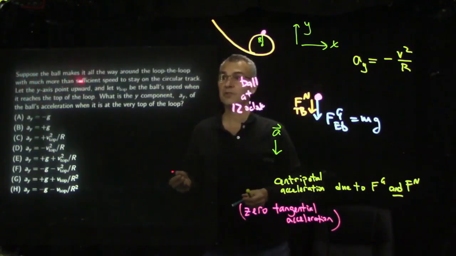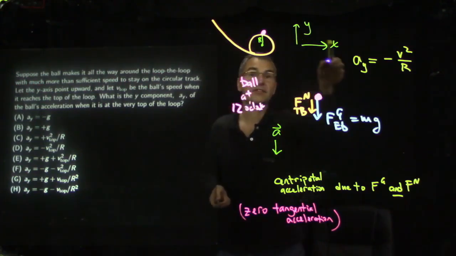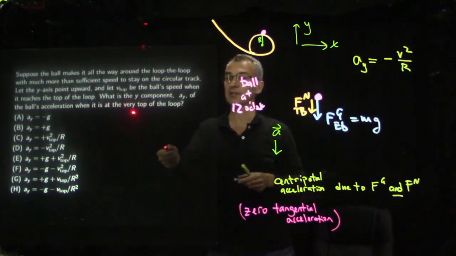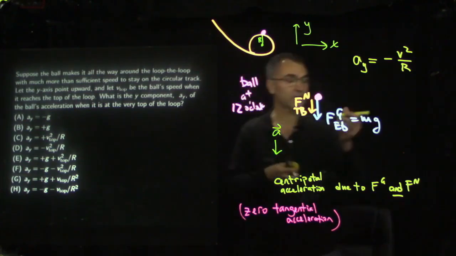Let's suppose the ball makes it all the way around the loop-the-loop with much more than sufficient speed to stay on the circular track. Let the y-axis point upward, and I guess we're letting the x-axis point to the right. Let v top be the ball's speed when it reaches the top of the loop. What is the y component, a sub y, of the ball's acceleration when it is at the very top of the loop? I think it's minus v top squared over r when it's at the very top of the loop,